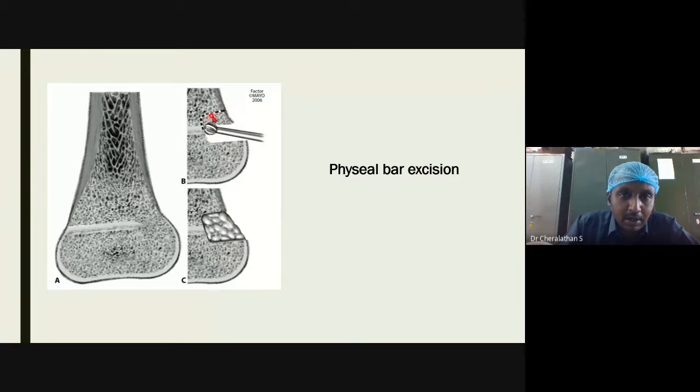So you curette it out. You mark the region of the bony bar. You just keep it open by placing some interposition material. Here they have used fat to fill the gap in that area, and the child's limb is splinted so that it is in a normal position and the growth is allowed. Now as the growth continues here, you will have a normal alignment of the knee. You won't have the tethering effect here. Is it clear? Is this procedure clear? Anybody has any doubts here?